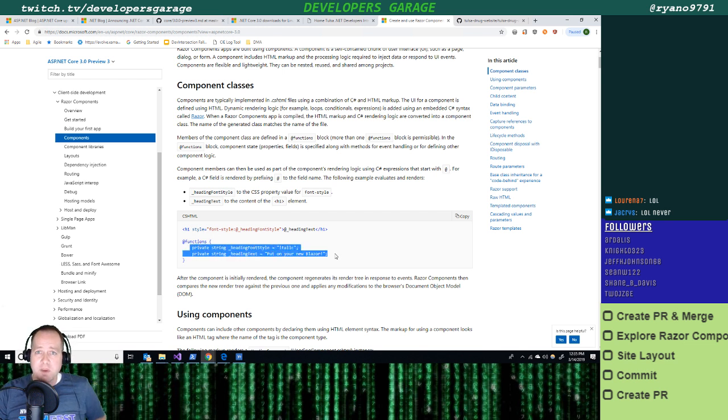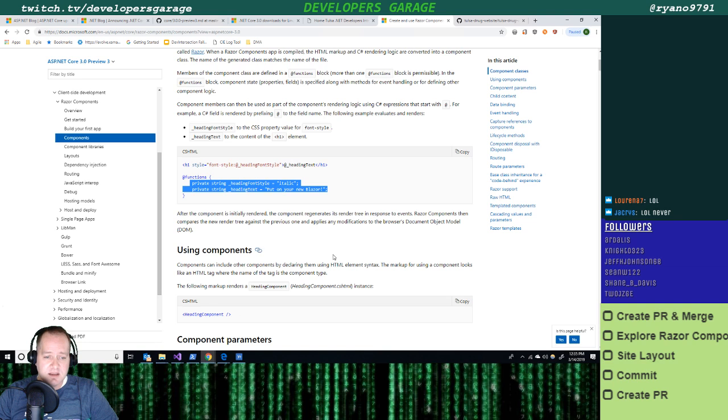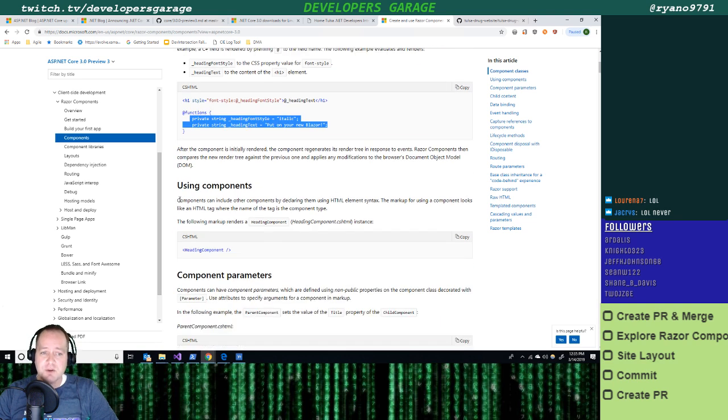So here we've got basically some C# code we can get to write. And it's going to contain all our logic that goes out. We'll take a look at some of this here in just a second. It starts telling us how to use components. So one of the awesome things we can do is not just create pages, but we can create reusable sections. And hopefully that's what a lot of our stuff will be,